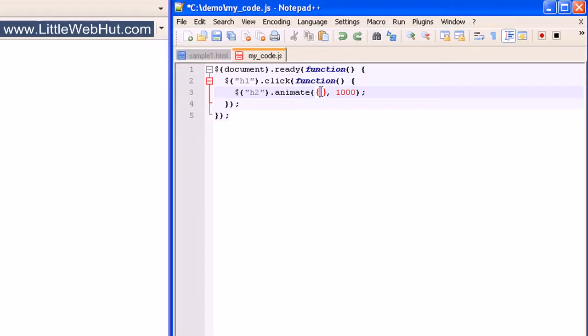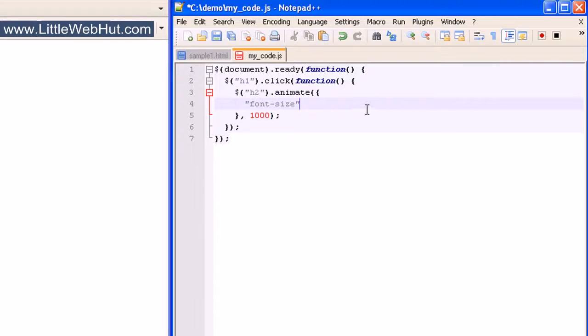So I'm going to put my cursor between the brackets and press enter a couple of times to give myself some space to work. Now the CSS properties that can be animated use numeric values. For example, font size uses a numeric value, so it can be animated. So to specify the property that will be animated, we can start by typing the property name in between a pair of quotation marks. So I'll type font size,